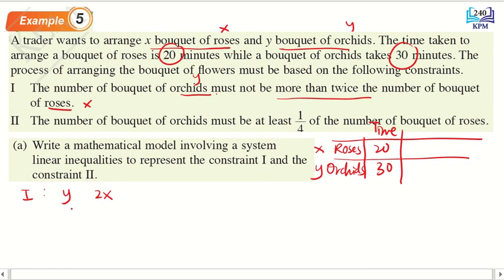So it cannot be more. Not more than, so it's less. Less or equal, can? Yes, can. Okay, this is your first inequality. Okay, then the second one,